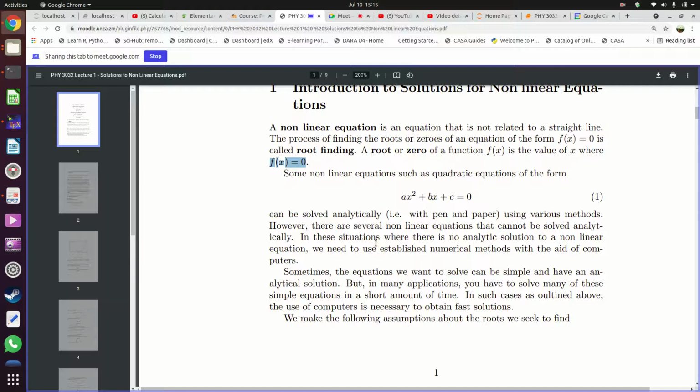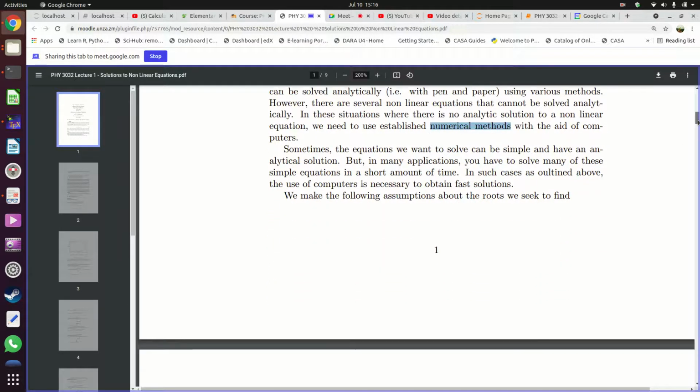It's just not possible. So you have to use other kinds of methods, and those methods are what are referred to as numerical methods. With these numerical methods, you can also do it with pen and paper, but we usually tend to use computers. We come up with some scheme of working out the problem, then you use a computer, and the computer does the problem for you much, much faster. We also use numerical methods.